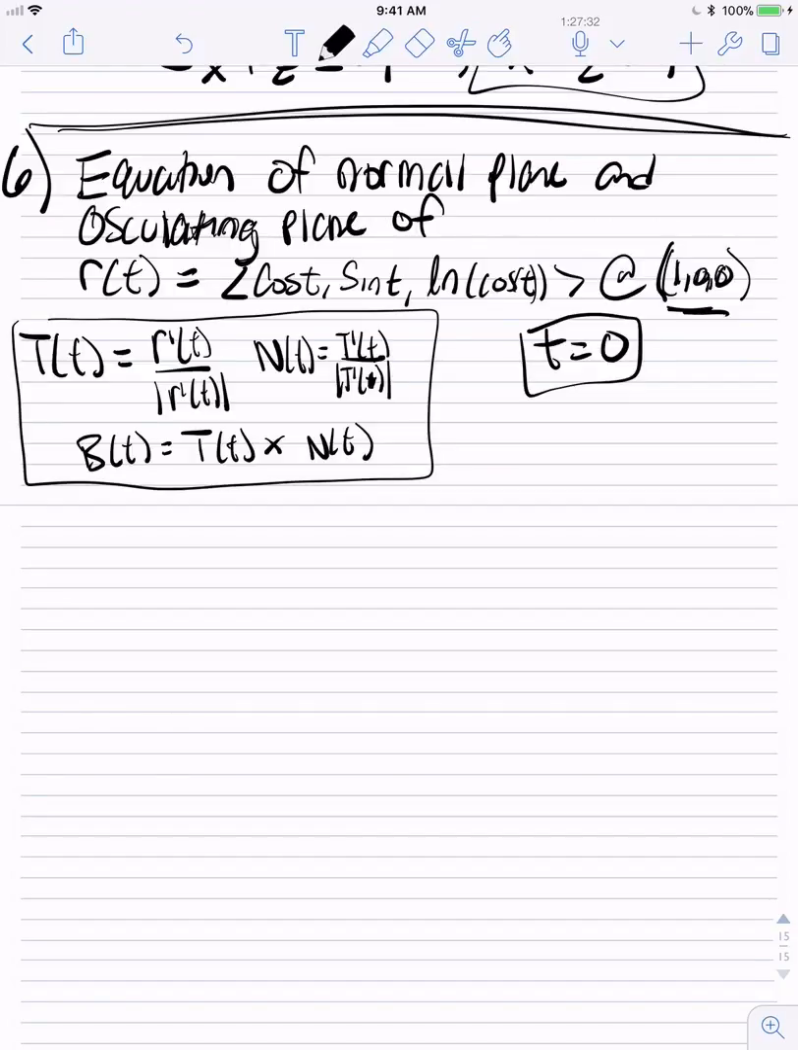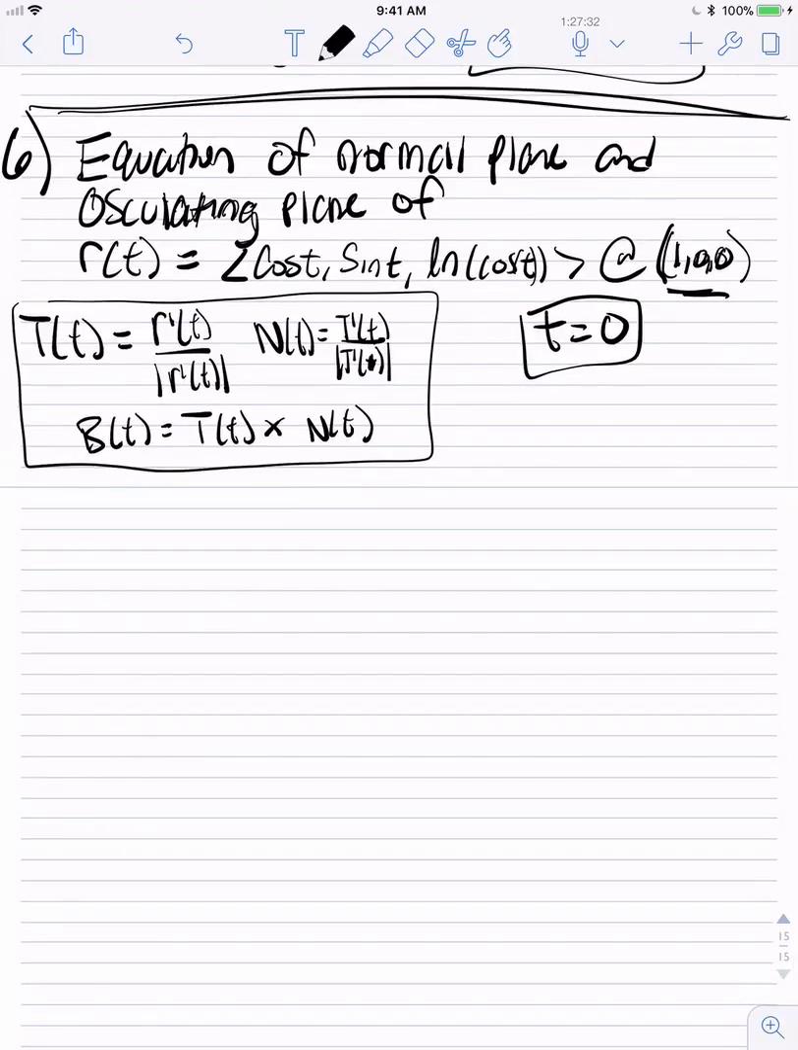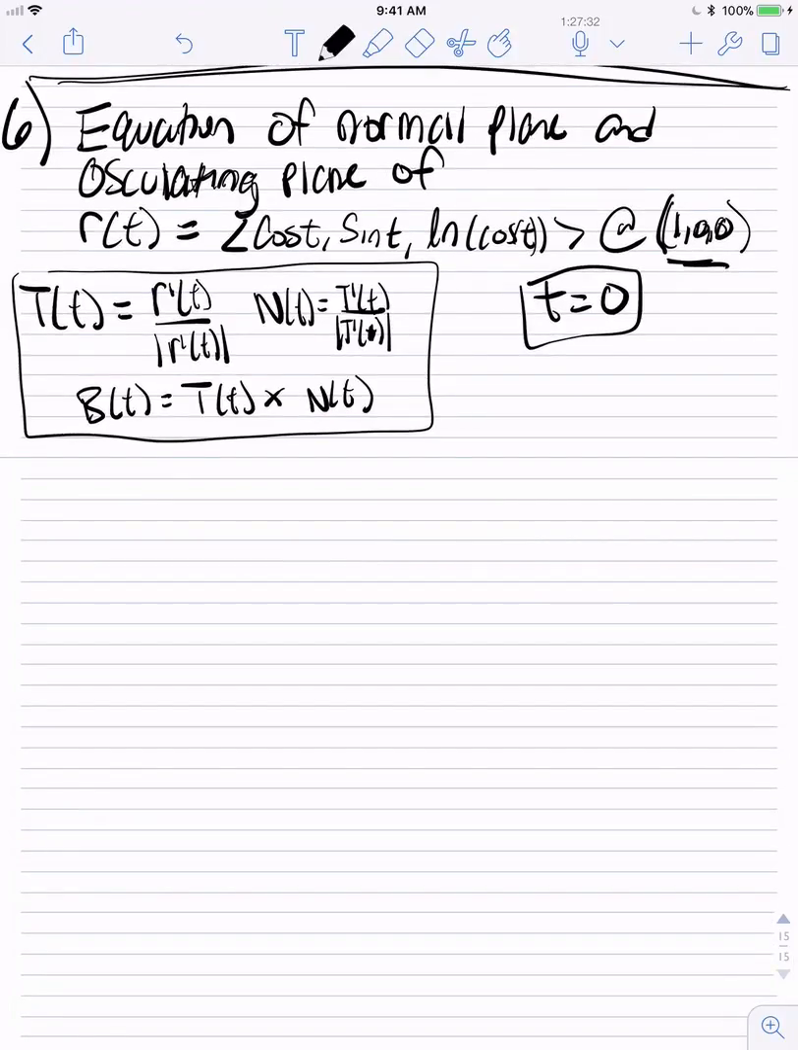So we see that T of t, our unit tangent vector, will give us r prime of t over the magnitude of r prime of t. And our normal vector will give us T prime of t over magnitude T prime of t. And our binormal vector will give us T of t cross N of t. So we're going to need all those. So first we need r prime of t. To do that, take the derivative